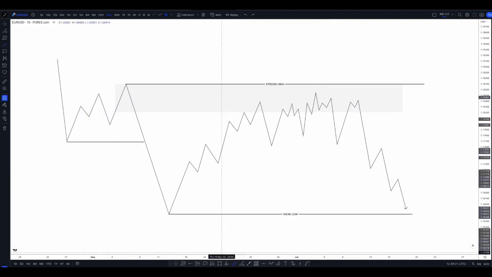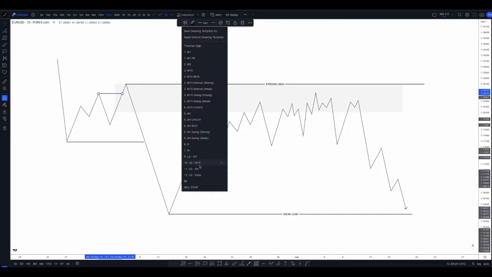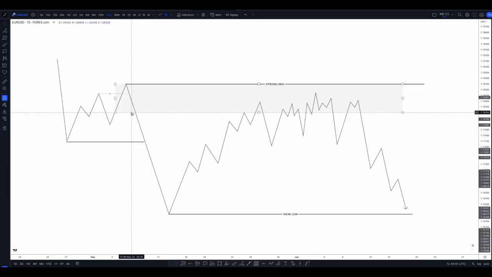With sweep zones, a sweep of strong structure that then leads to a break. So that's a decent sweep POI, right? That's swept a strong high. Okay, cool. And then we get that break of structure to the downside. Now, if we think about